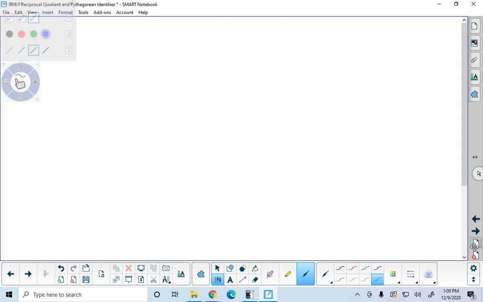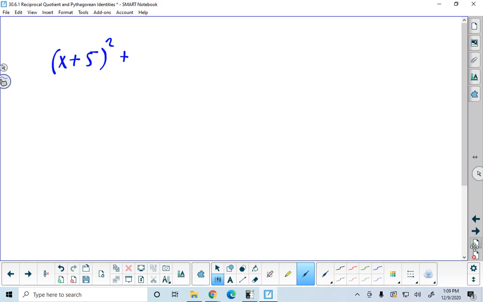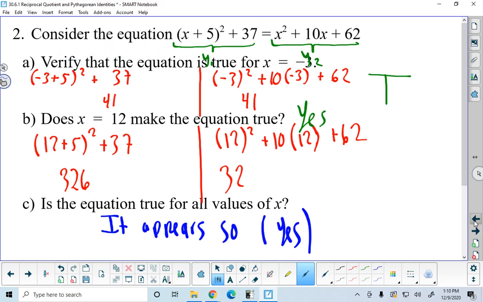If you look at the left side, it's x plus 5 squared plus 37. Let's not put anything in for x. Let's just simplify that. Aaron? If you expand it out, it's going to be the same thing. Yes, that's what I'm getting at. Is that what you were asking in the chat room? Yes. Yeah, but some people might not see that. I didn't spend a lot of time disguising these two things, but yes, that's the point here,